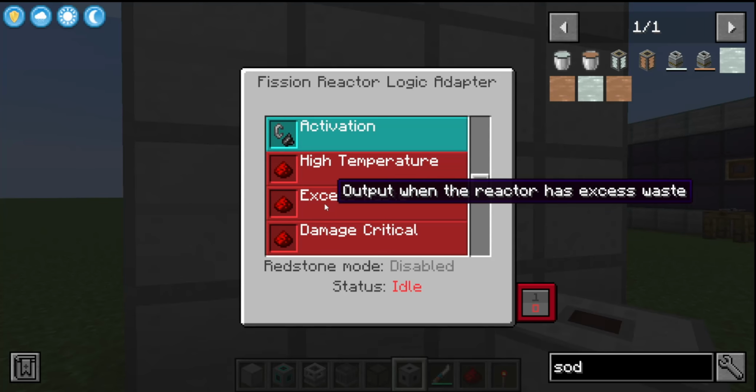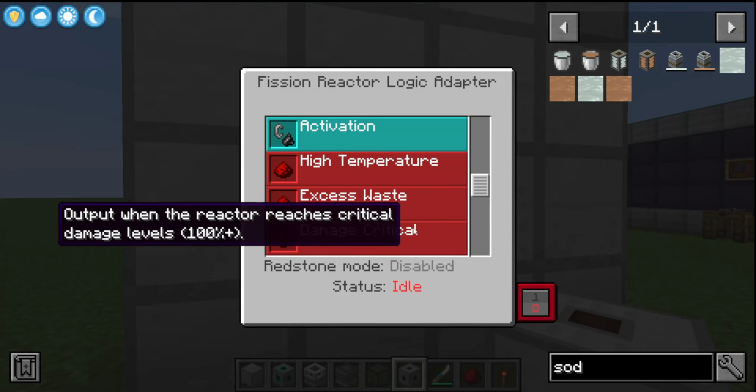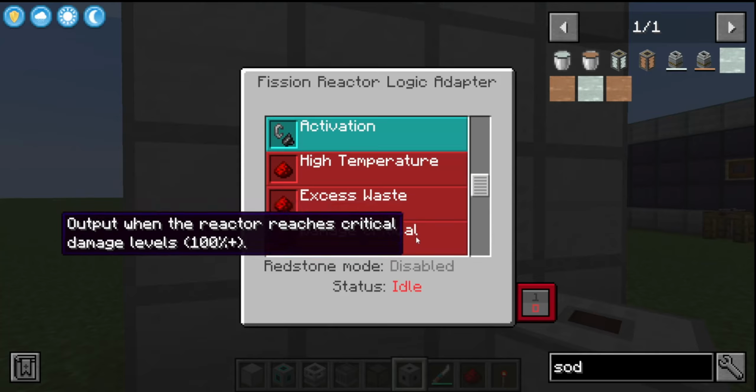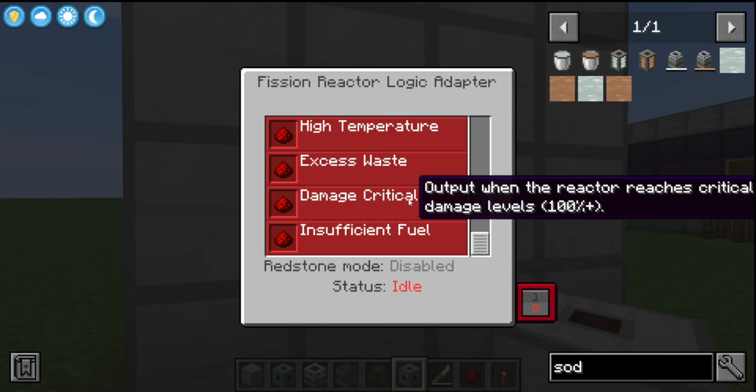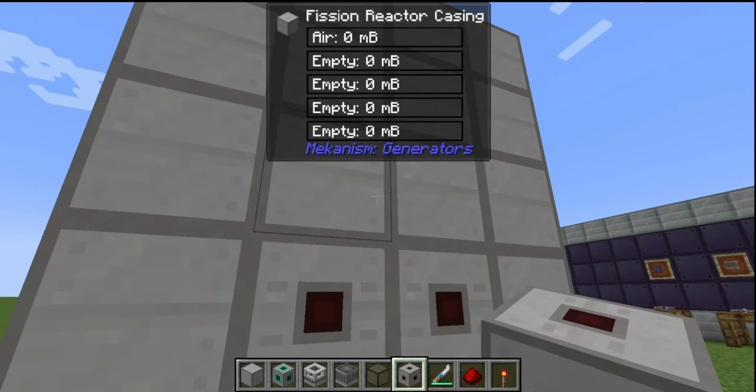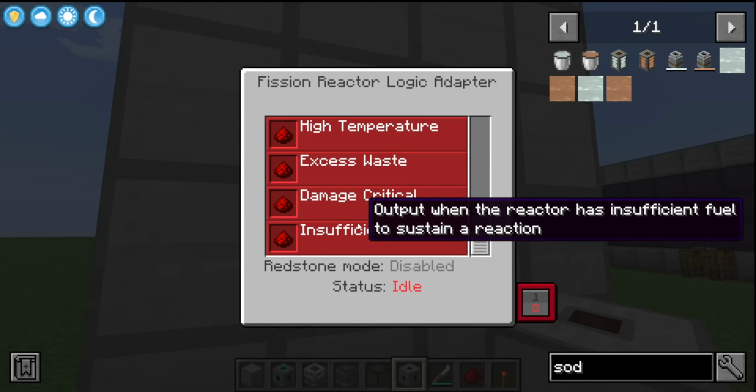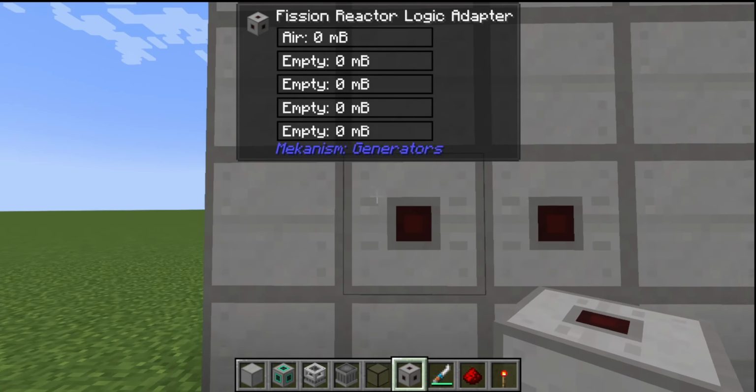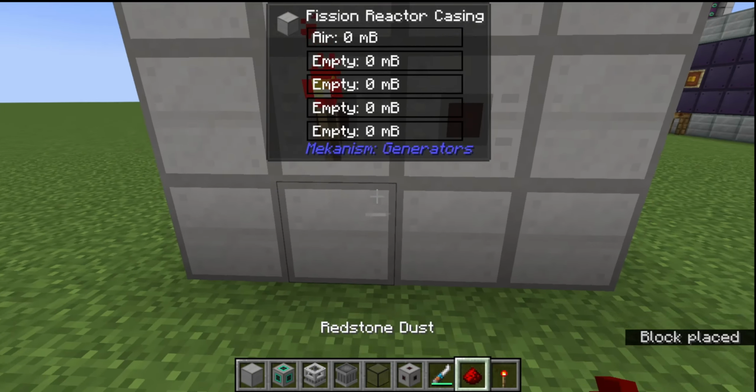Then it outputs redstone if you have too much waste in the reactor. Then there's critical damage, which is basically when it's getting damaged. And then it's when you don't have enough fuel. What I recommend doing is placing a torch on it,